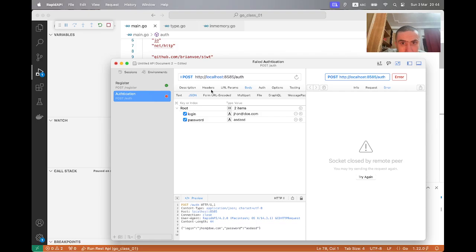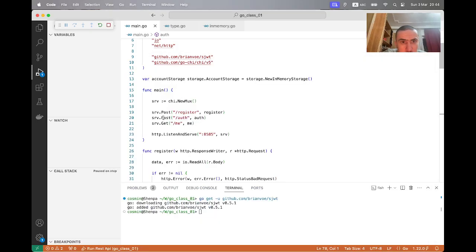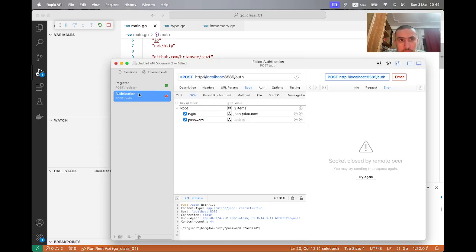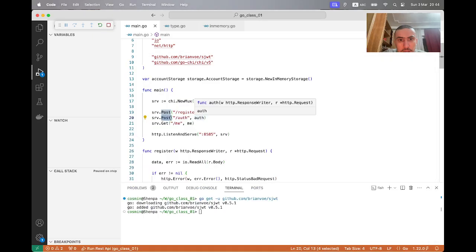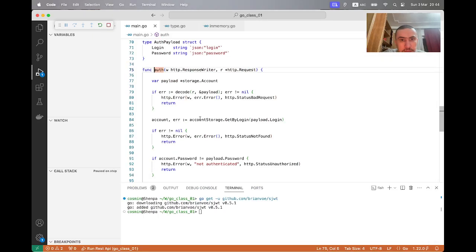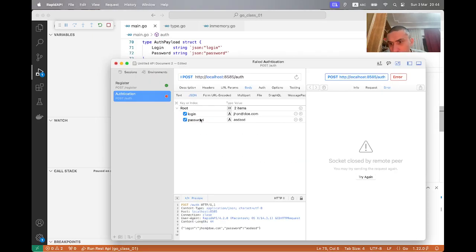So there is the post method for auth and /auth. And socket closed by peer. Something is not